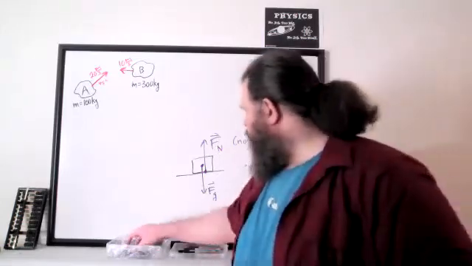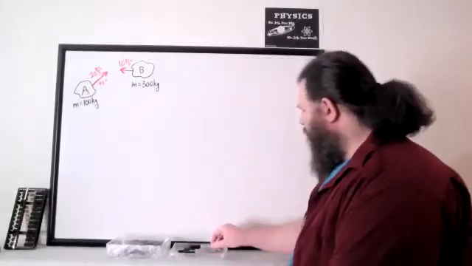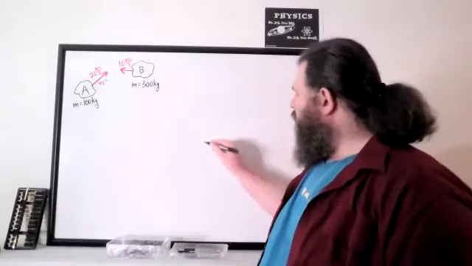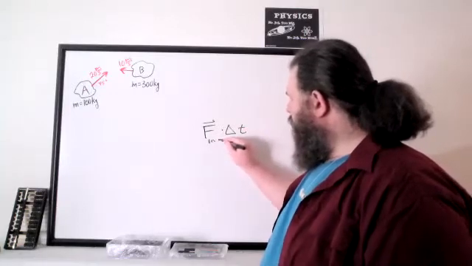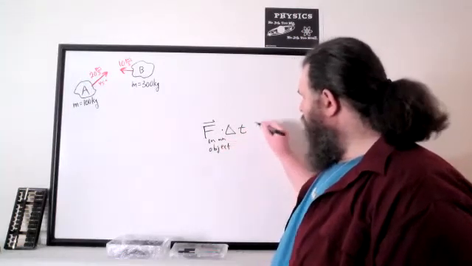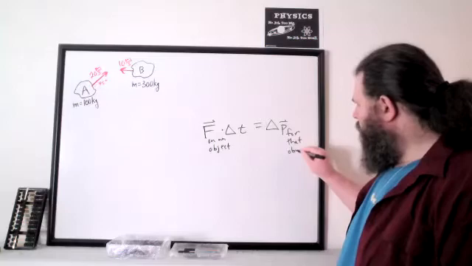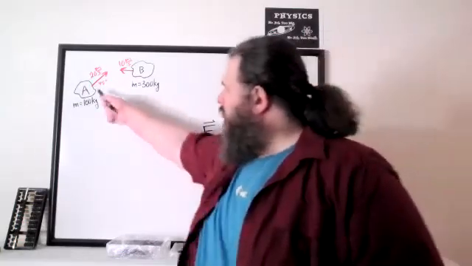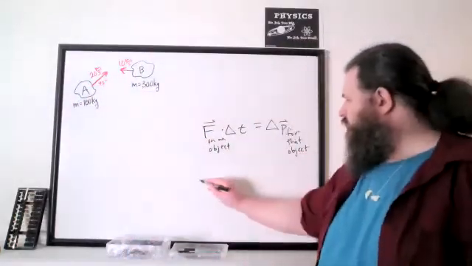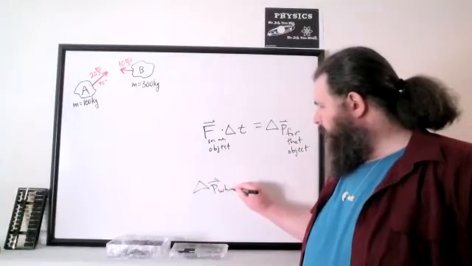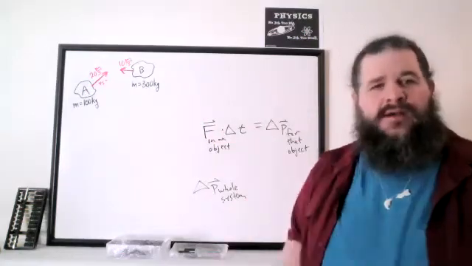So what we can do here is assume that momentum is conserved. Going back to the idea of impulse, the force on an object times time causes a change in momentum for that object. But even though these rocks are individual objects, we can treat the whole system as if it's one big object. So the change in momentum for the whole system, if we just treat the rocks together as one distributed object,